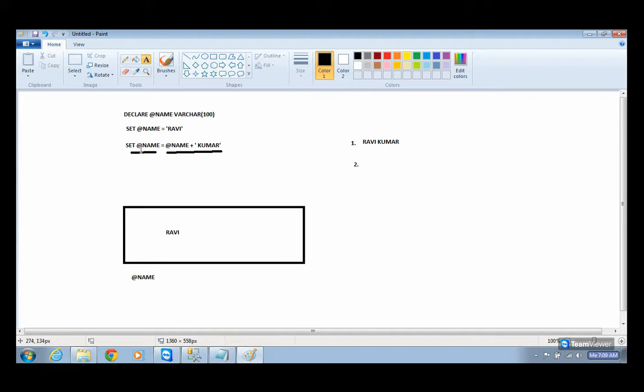That is what SET @name = @name plus Kumar does. So the first operation is @name plus Kumar. Whatever the existing name is, you take it, then you add Kumar to that. That is the first operation. But this result, you have to take it and keep it inside your box. So when this command gets executed, the assignment happens later. What is the meaning of that command? That command is you take the value from here and